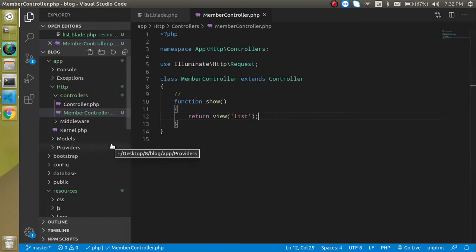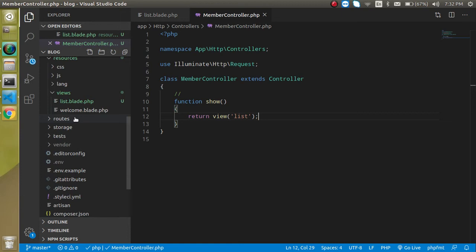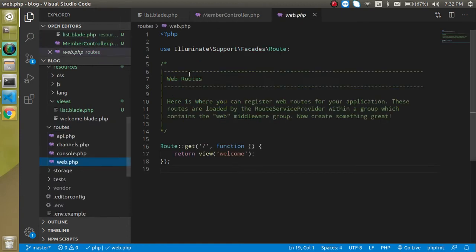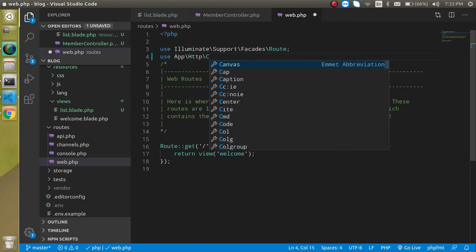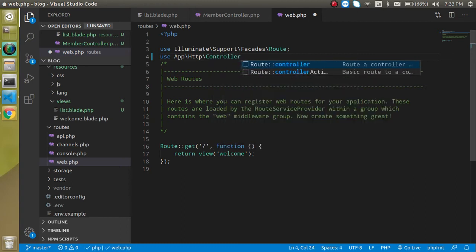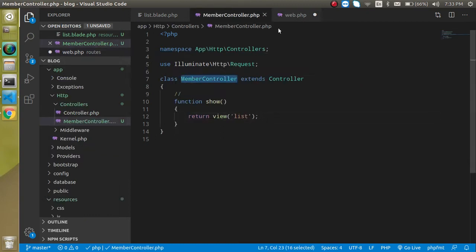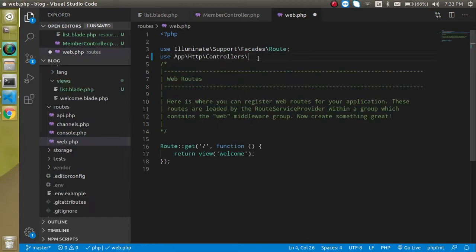And now let's go to the web.php in the routes folder so that we can set up the route for the controller. So just write here use App\Http\Controllers\ and the controller name, which is MemberController. If you want, you can copy it from here, or you can write it, but it should be the same name because we are importing that controller. So just write here MemberController